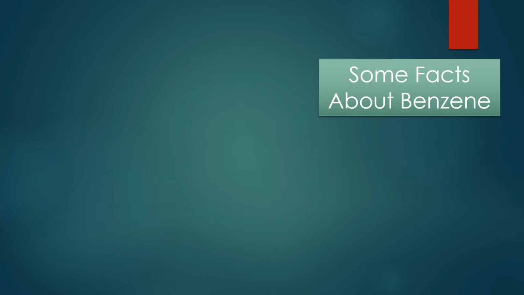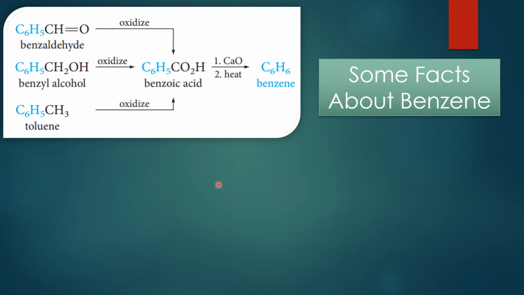Okay, next slide. Some facts about benzene. It turned out that many of these aromatic substances have rather simple structures. Many contain a six-carbon unit that passes unscathed through various chemical reactions that alter the rest of the structure. This group, C6H5, is common to many substances, including